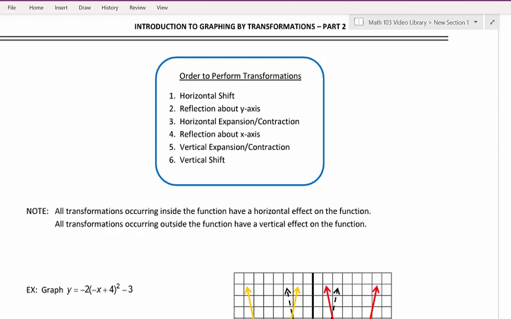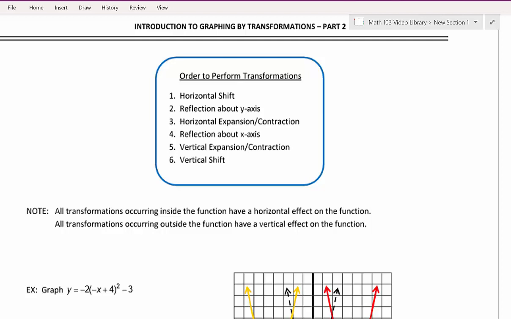This video is the second part to our intro to graph by transformation. In the first part of the video, we learned to identify the transformations and how to perform each one individually. In this part, we're going to learn how to put the transformations together into a larger problem. We're going to be performing multiple transformations on a parent function, but these transformations have to be done in a